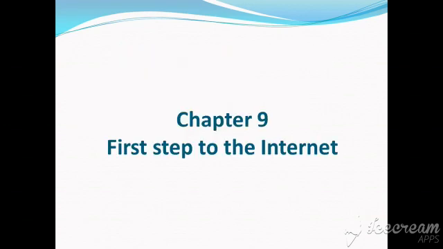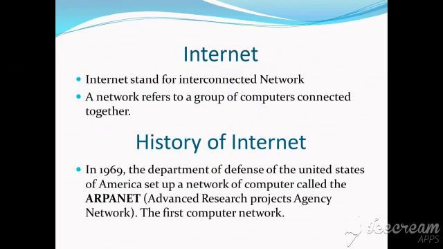Okay, now come to chapter number 9, that is all about the internet. As we are all already familiar with the internet, by the internet we can do a lot of things. We can search data, we can search any kind of information, we can send data, we can receive data, and so on. What is internet? Internet stands for interconnected network, and it means like network is a combination of different computer systems that are connected together, and multiple networks are creating a simple internet connection.